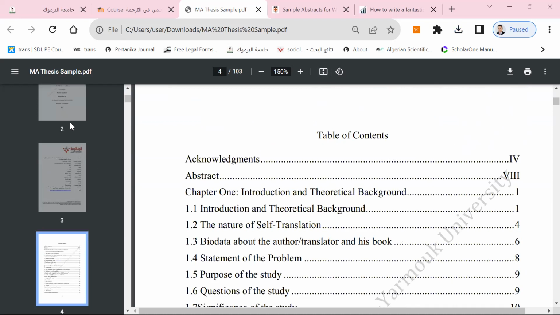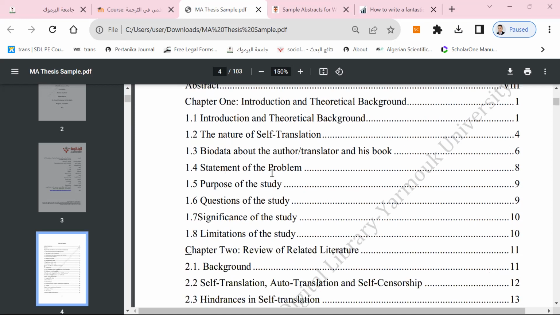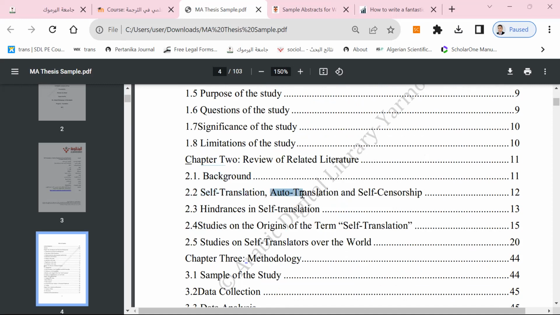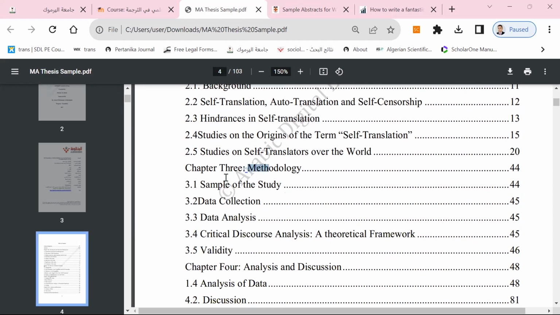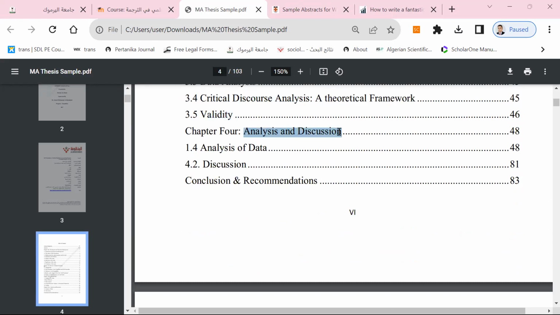Then after this is the first cover page, right? After that I need the table of contents. Table of contents. Now I will teach you how to do the table of contents for your thesis. Acknowledgements, abstract, then chapter 1, introduction and theoretical background, introduction, the nature of self-translation, biodata, statement of the problem, purpose of the study, questions of the study, significance, limitations, chapter 2, background, self-translation, auto-translation, self-censorship, hindrances in self-translation, studies on the origins of the term self-translation, studies on self-translators over the world, chapter 3, sample of the study, data collection, data analysis, critical discourse analysis, theoretical framework, validity of the study, analysis and discussion, analyzing the data, discussion, conclusions and